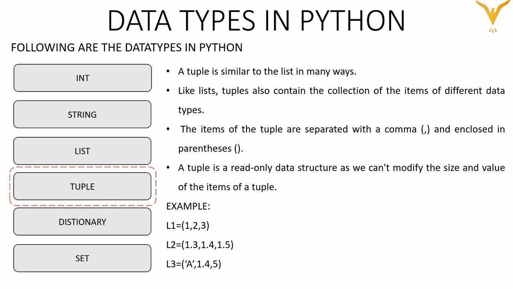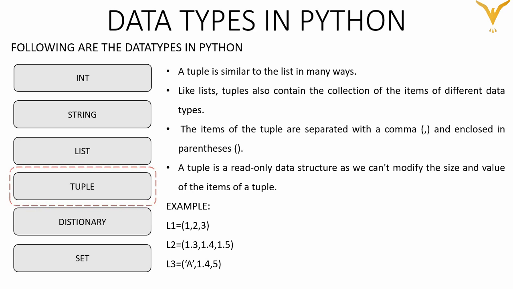Second thing, lists are mutable whereas tuples are immutable. Now what do we mean by mutable? Mutable means we can modify the items or the elements inside the list, whereas in tuples we cannot modify the value or the items of the tuples. So that is called immutable. So this is the major difference between the list and tuples. The similarity between the list and tuple is that a list is also used to store values of different data types and tuples are also used to store the values of different data types.